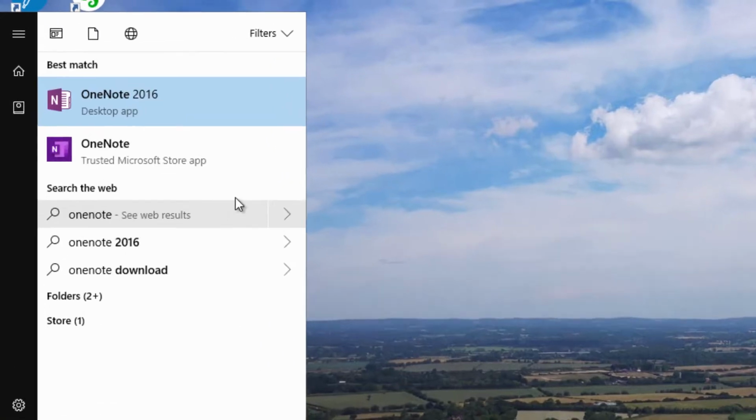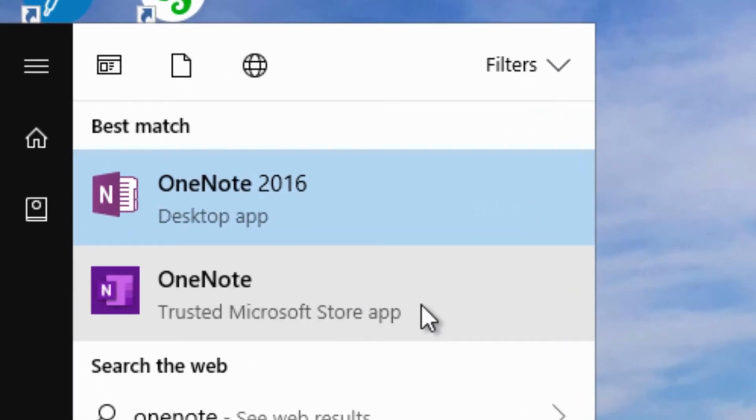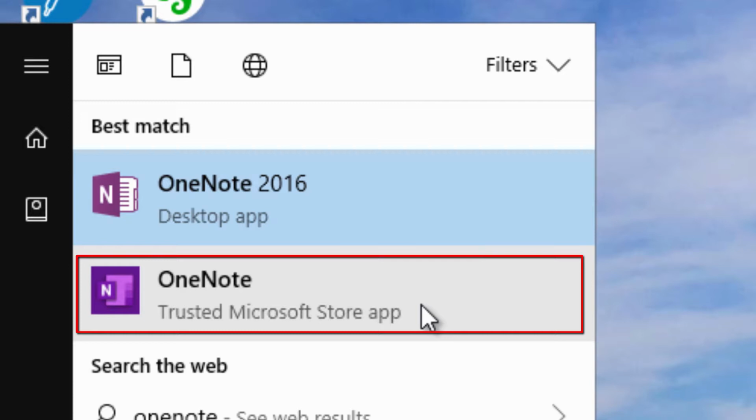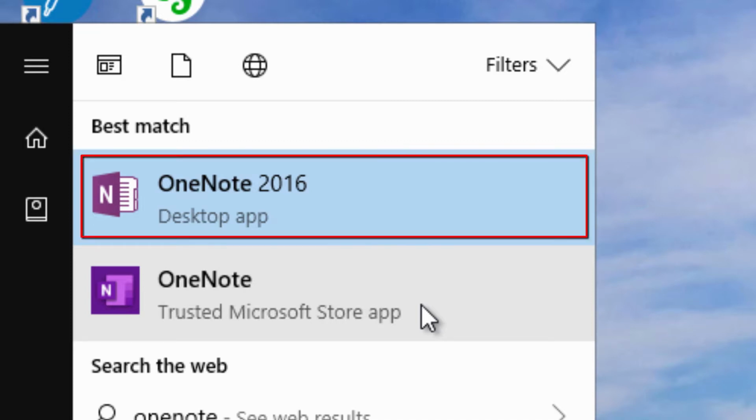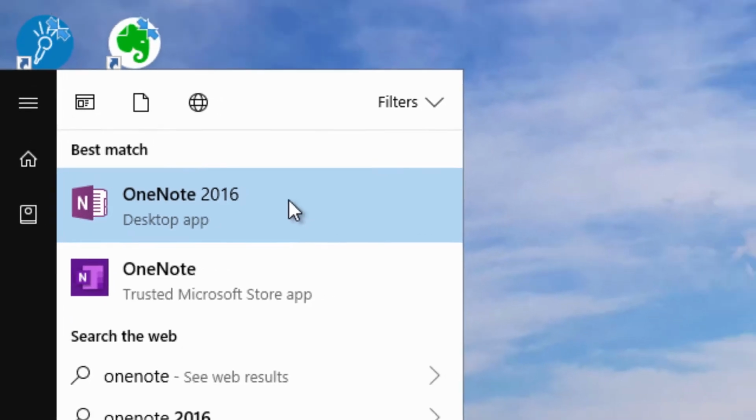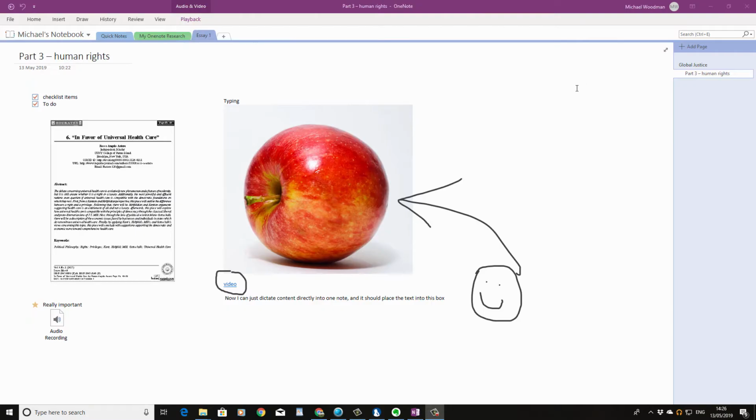We've got two versions of OneNote, and by default the app is the version which is installed on your computer. That is a cut down version of OneNote that doesn't include all the features. So it's kind of similar to the one that you would access on the web. My suggestion is that you actually log into your Office 365 account and find the option for downloading the full desktop version of OneNote if you're using your own laptop. And this is why, if I go ahead and choose that, it's going to open my desktop version of OneNote,